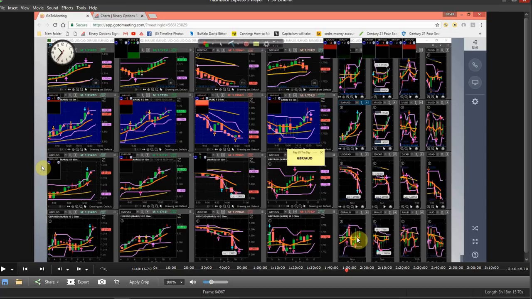See, it's above the orange road, above the orange road, above the orange road, in between the orange road. So that means it's ranging until we get strong signals up or down. Then they'll correlate with the 1 and 4. If they correlate with the 1 and 4 up, it'll go up. There's the upside. If it's correlating with the 1 and 4 down, it's going to go down. That's it.